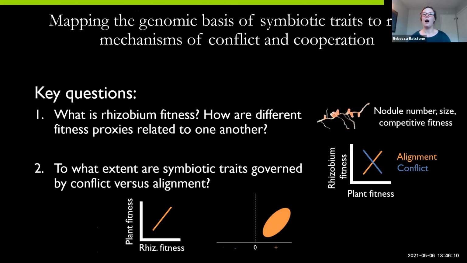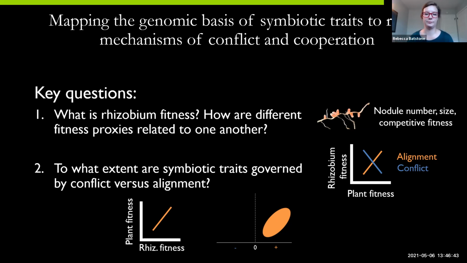Taken together, our results suggest that fitness alignment for at least 2 of our 3 fitness proxies, namely nodule weight and competitive fitness, are pretty much in alignment with host fitness, and that variant effects underlying these traits are also mostly in alignment. When we actually go back and take into account the relationship among rhizobia fitness proxies, we would predict that selection should favor strains that are forming larger nodules and are more competitively fit, that also confer greater